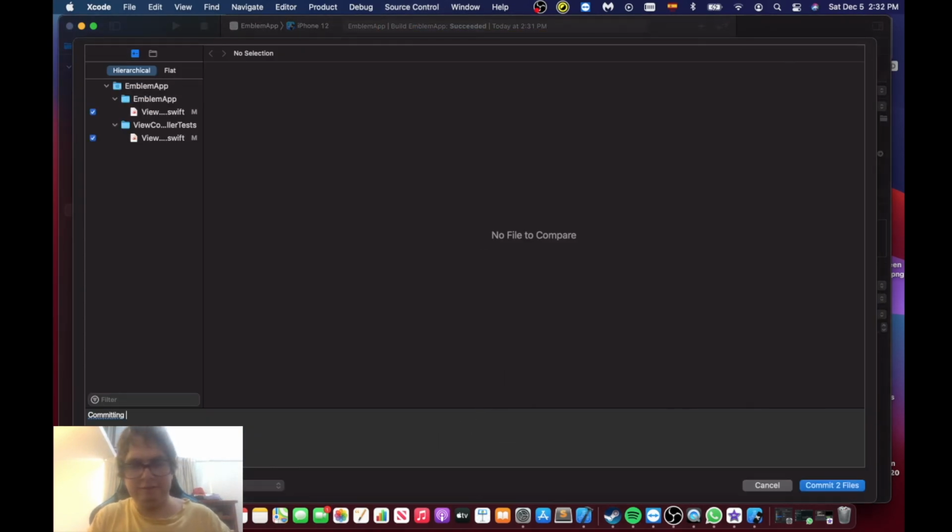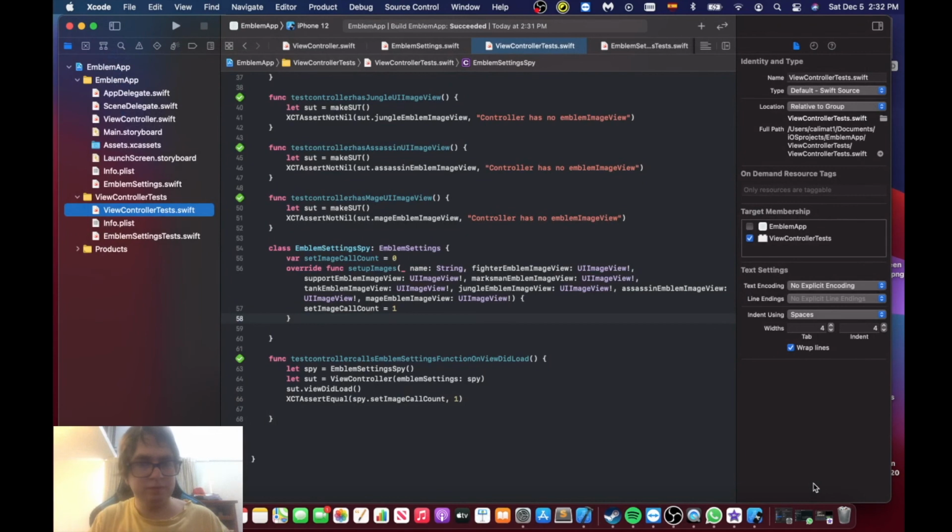Committing, making sure the call of setting up emblems is called on ViewController. Commit the files,